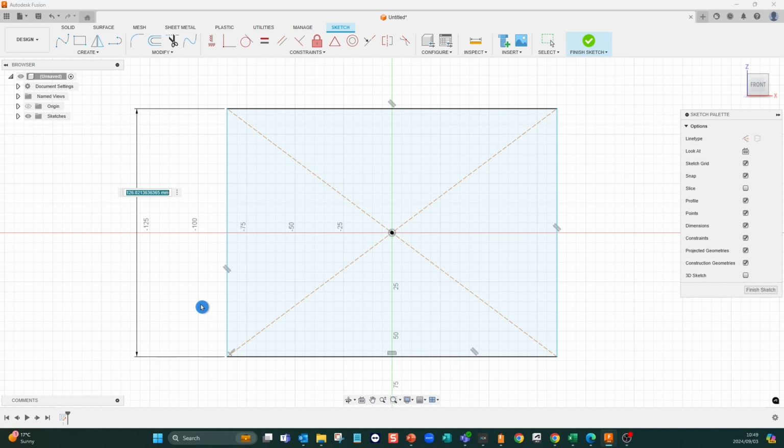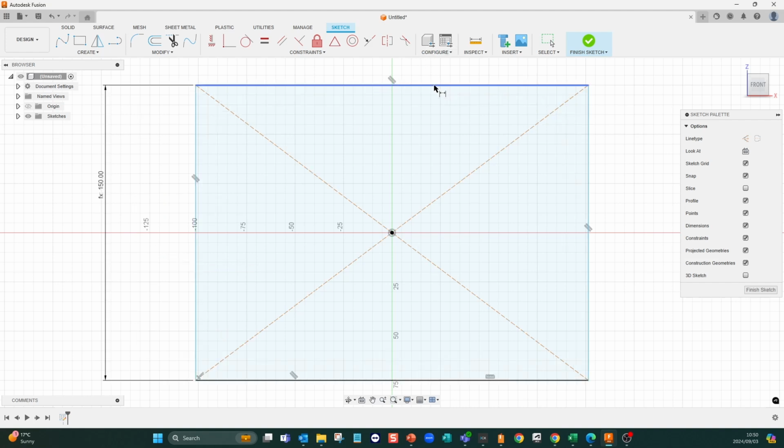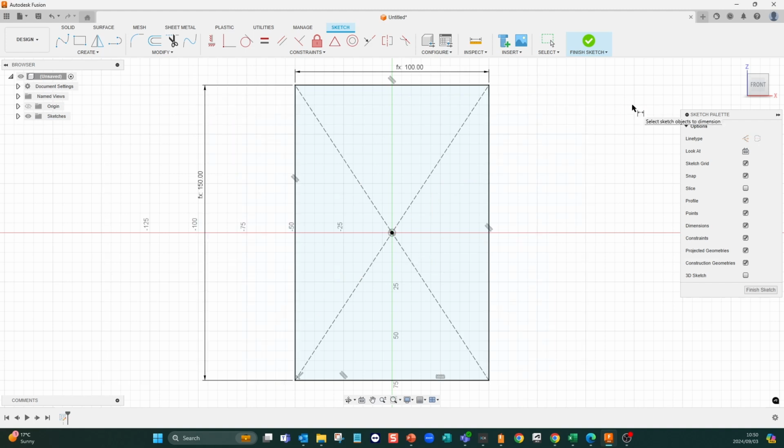Now I'm going to just type in H, and you'll notice it already picks up the user parameter that I have created. I'm going to say height, and then with this parameter I'm just going to type in W, and you'll notice it gives me the width parameter. Now I've got the height and width parameter already inserted,